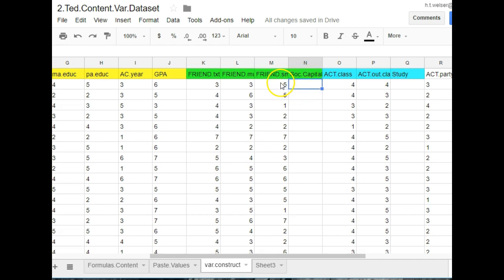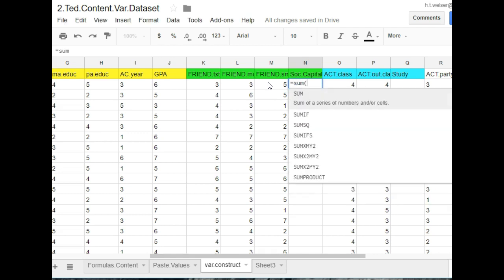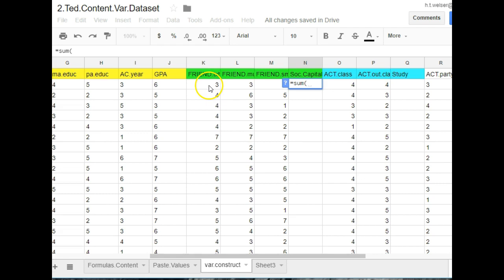So this is easy. All I'm going to do is put an equal sign here, and then I can do this one of two ways. I can either say sum and then put a parenthesis, and then I can click and drag this range like that, and then close the parenthesis and enter. The other way you could accomplish the same thing is you could say this is equal to this one plus this one